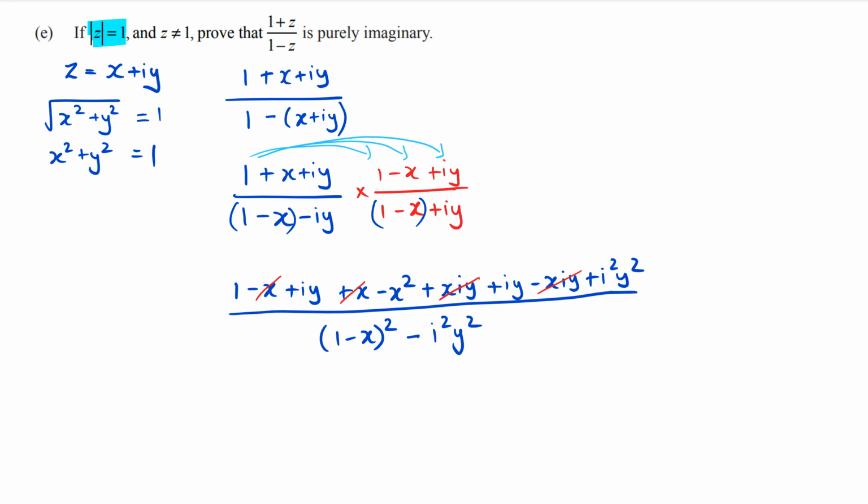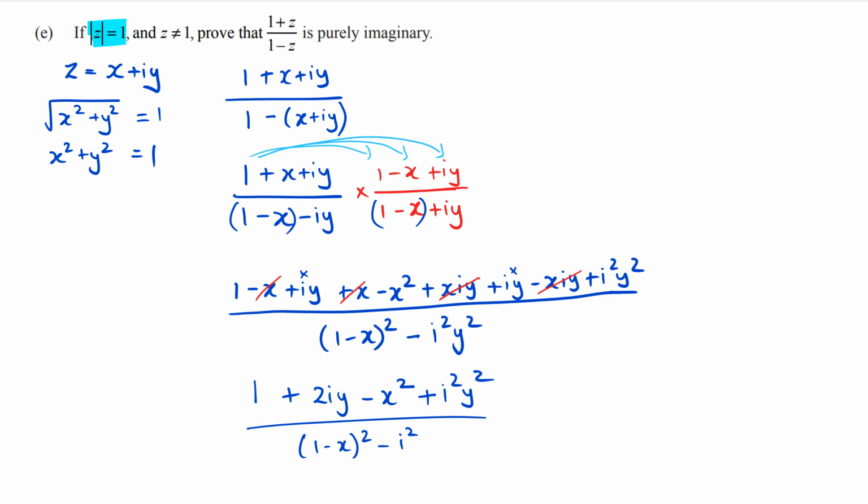What else could we do? Okay, so there we go. So we've got 1 plus 2iy, because we've got an iy here and an iy here. Then we've got minus x squared plus i squared y squared, and that whole thing is over 1 minus x